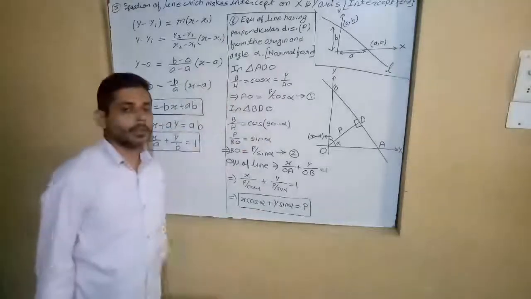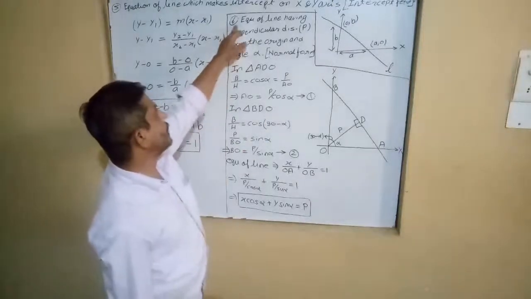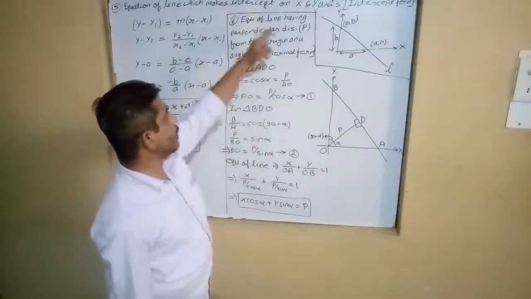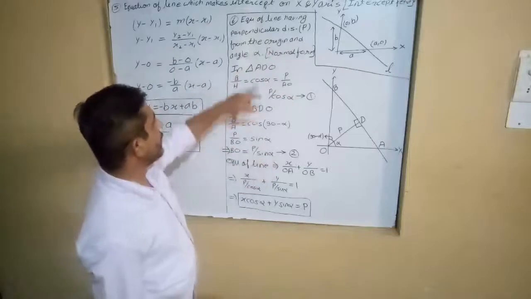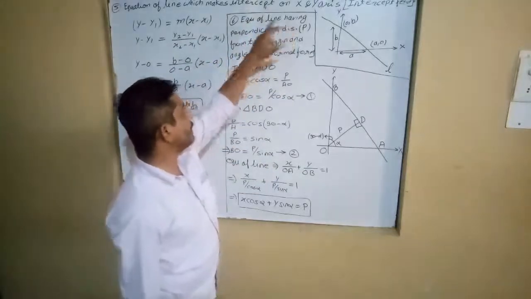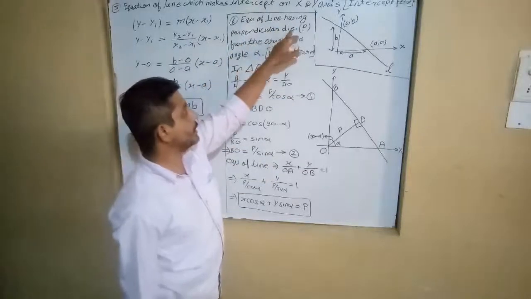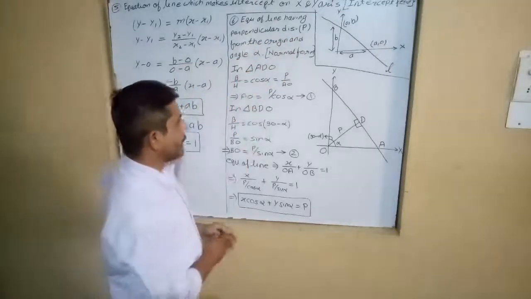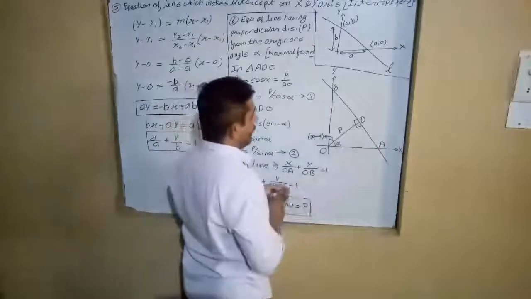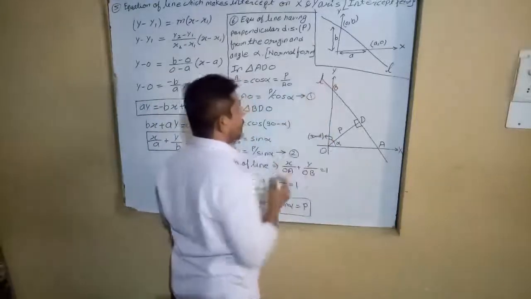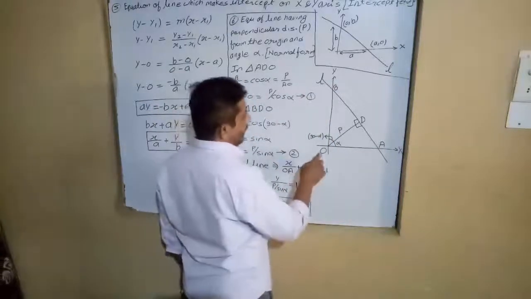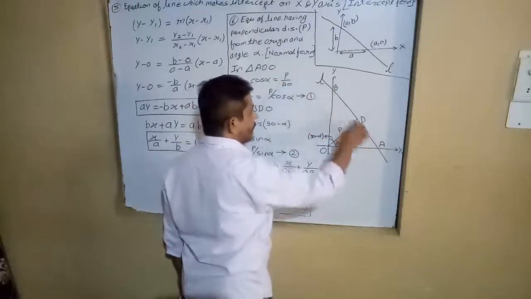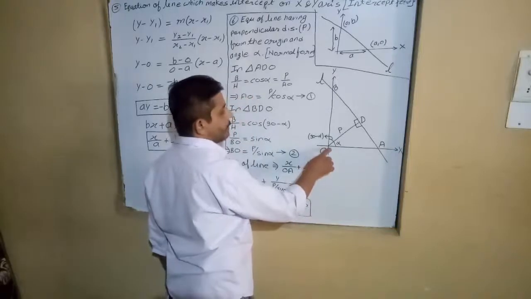Now we just go and find out the equation of a line in normal form. So here what will be given to us? The equation of a line having perpendicular distance p from the origin and angle alpha. So look at here, this is a line and we assume it as L. This is the line L. So here we have the perpendicular distance of this line along with the origin.